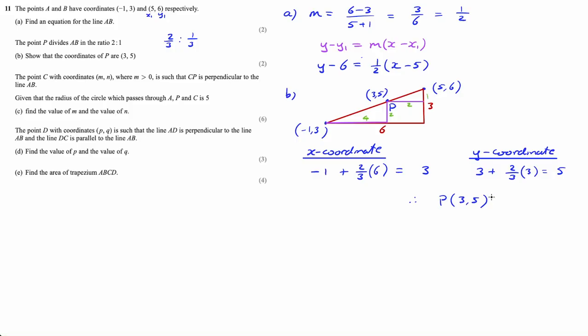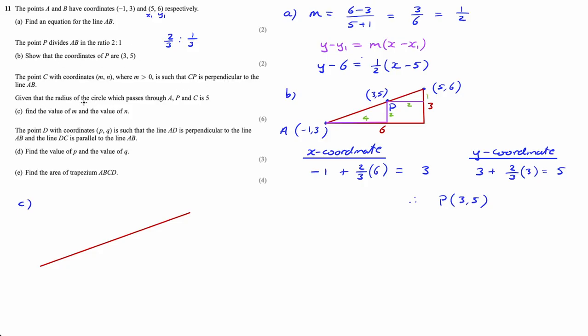5). Okay, part C. Given that the radius of the circle which passes through A, so guys, this is A, okay, well, sorry, I haven't read this, but the point C with coordinates (m, n) is such that CP is perpendicular to the line AB. Okay, so now, guys, I'm going to actually draw this again. So I've got AB like this, and